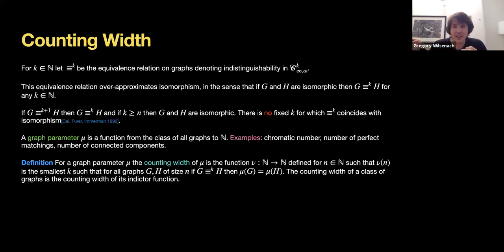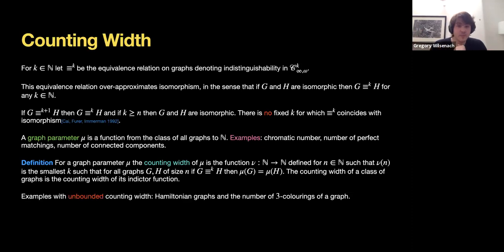This means that we have some hope of expressing it in C^k, a logic with k variables. And of course, if it has unbounded counting width, it means there's no hope of expressing it in C^ω_∞ω. It's inexpressible in C^ω_∞ω. So that's normally what we're trying to show, that there's unbounded counting width, and that's how we establish these